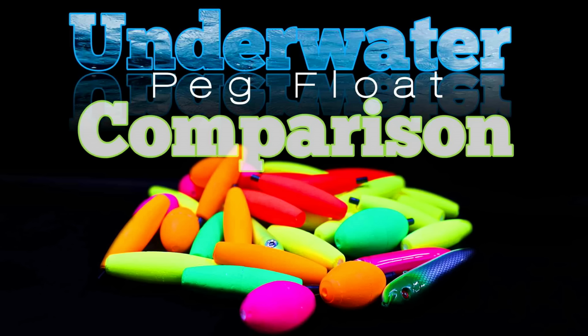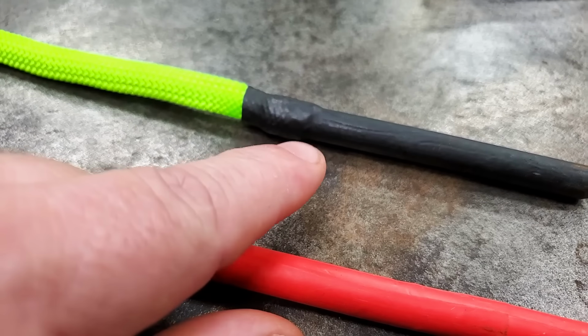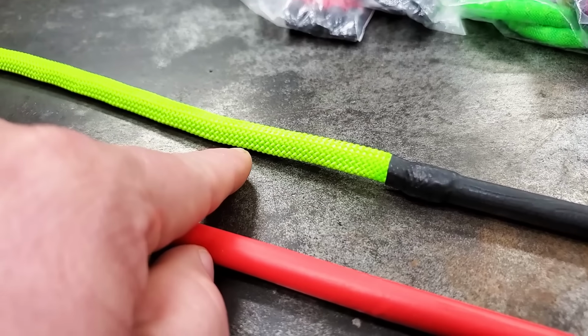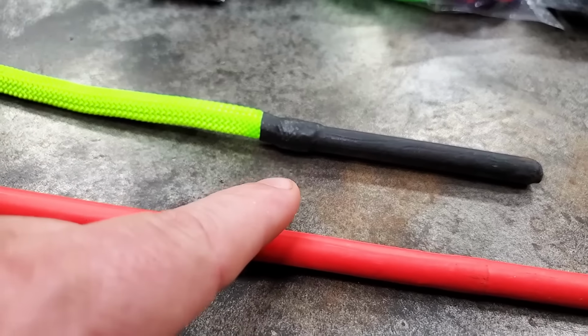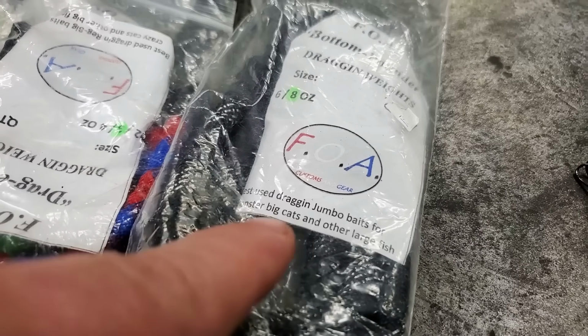It's actually a really good weight. I don't think it's so much that it's buoyant or the type of weight it has in it. I think this weight works so good because it's so tall. And this weight being tall, it's easier to go over structure when it hits it. But with any of these dragon weights, the one thing I don't hear anybody talking about is the buoyancy. No matter how much your weight weighs, when you add the buoyancy to it, it actually subtracts from how much the sinker weighs. Now we're gonna run a little test, which was FOA's idea, and we're gonna see how much